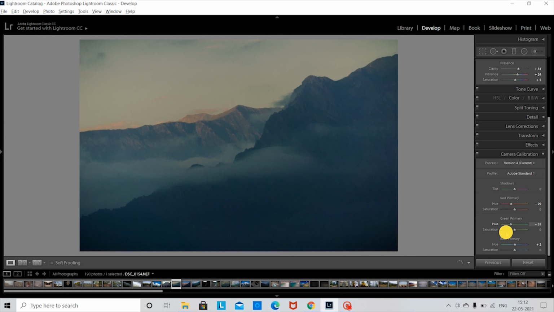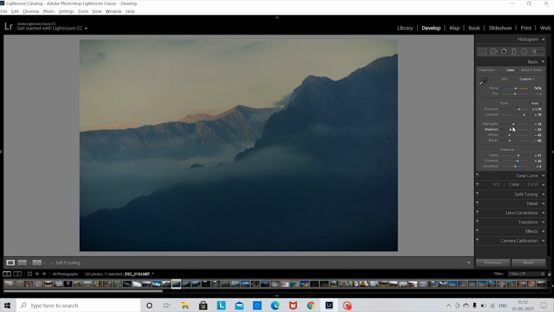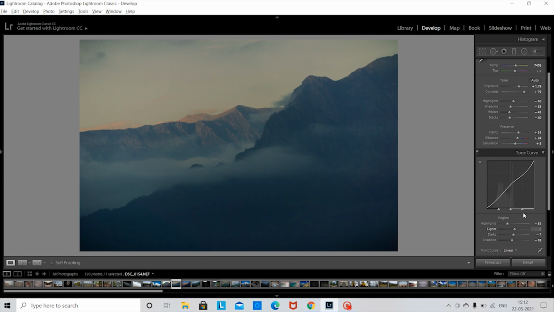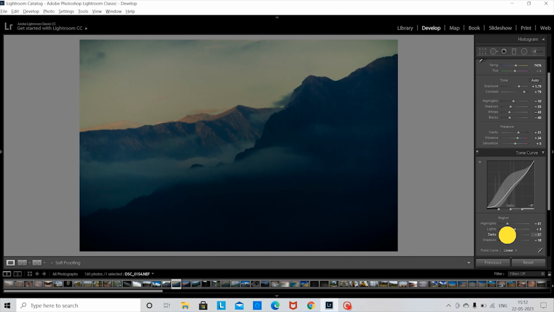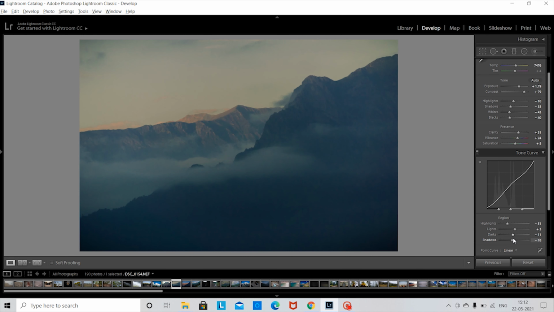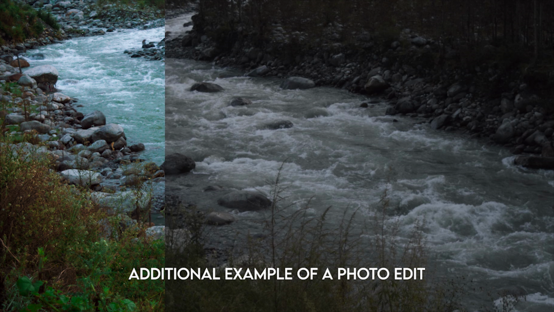So now let me try experimenting with the tone curve again. I'll go back to the tone curve tab and over here I will try experimenting with the lights. I'll add some darks to the photograph. I guess that's it. Perfect. So yeah, basically we are done with the editing of the photograph, and you can see how the before and after of the photograph has turned out to be. There's a huge difference. So this is what the power of editing is.